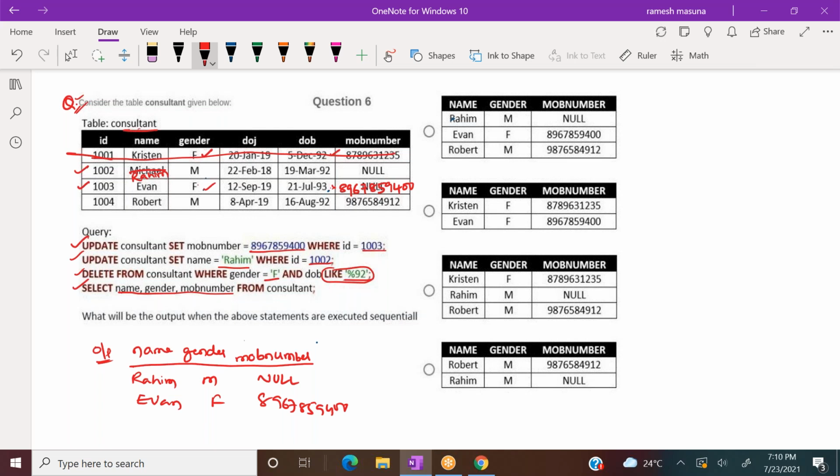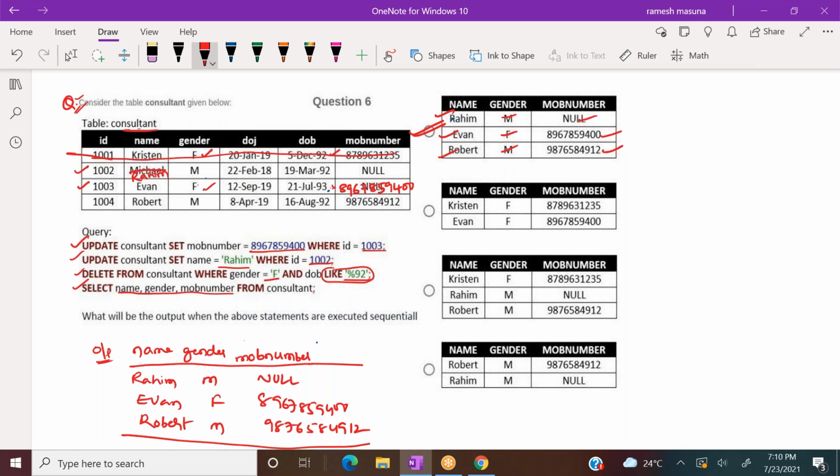And the last one is Robert, male, and mobile number is 9876584912. Okay, fine, done. Now these are the three tuples to be in the output. See, Rahim, Ivan, Robert, male, female, male, null, this tuple and this tuple. Correct. So the answer for this question is option E.